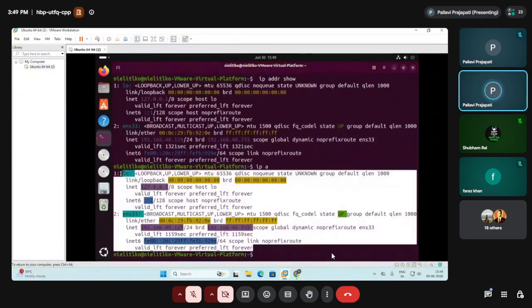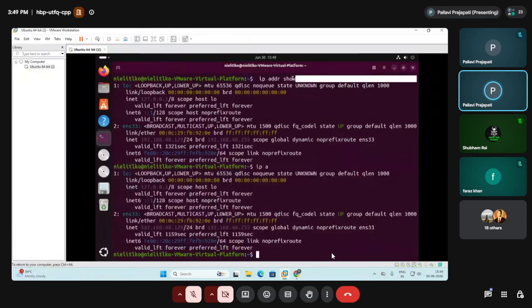This will also display the same output. It is just the alias or the short form of ip address show. It is not totally address, but I am telling it like address, addr. So please understand that.